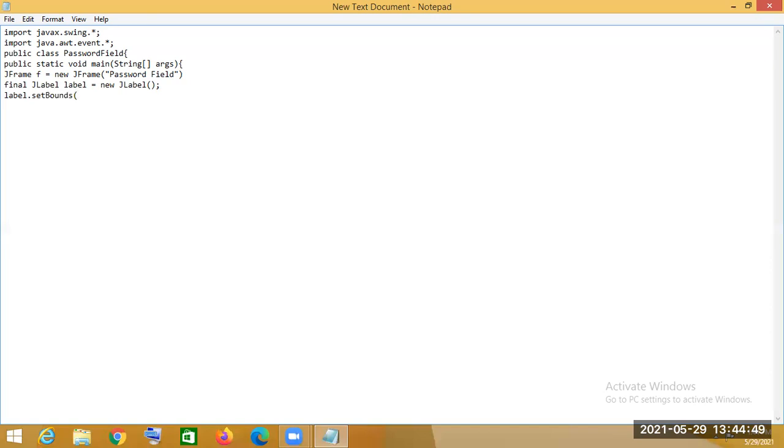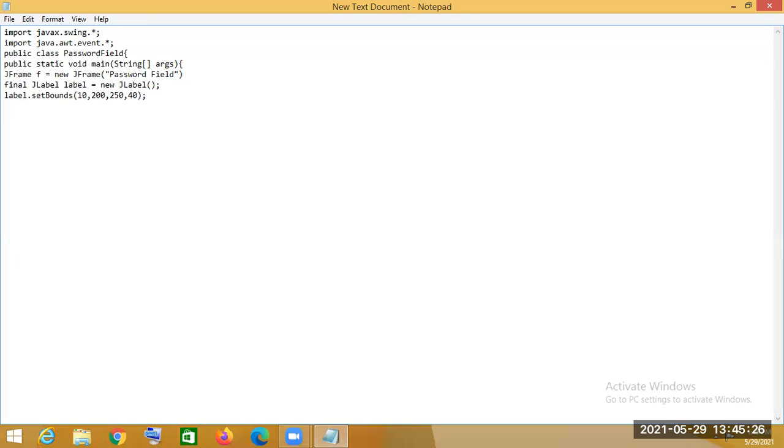The parameters are the x1, y1 coordinate and the x2, y2 coordinate. That means this is an arbitrary value we will choose. Now I am using x1 as 10, y1 as 200, then 250, x2 is 250, and y2 is 40. So it is up to you which position you choose. It is the x1, y1 and x2, y2 coordinates.